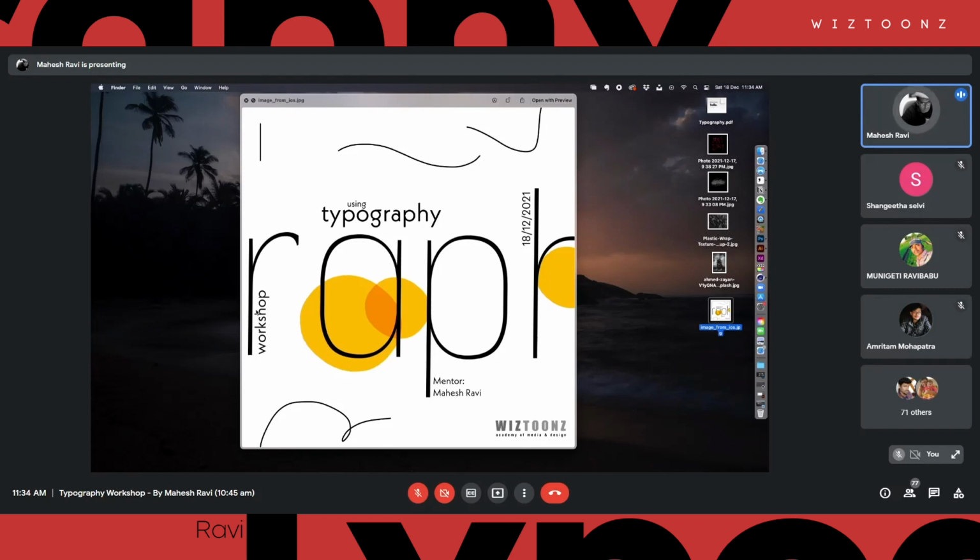Another thing that I've tried to do is create a pairing here. If you look at all the typographic elements used in here, everything is very geometrical, right? The text, this particular shape, everything is very geometrical. But I'm pairing it up with a very, very organic form in here.